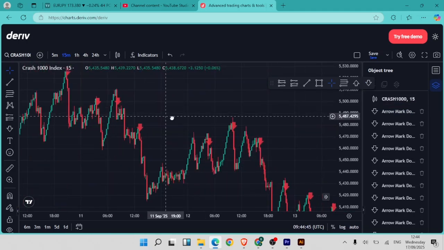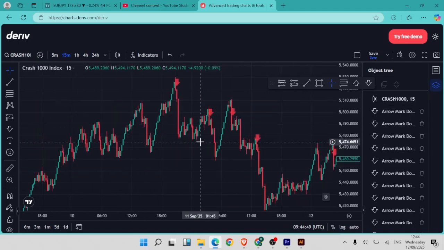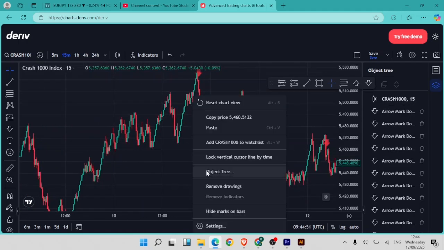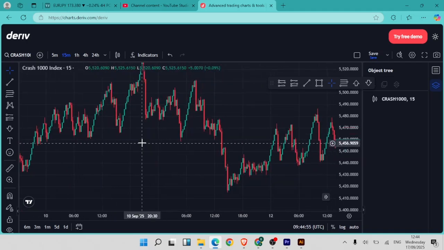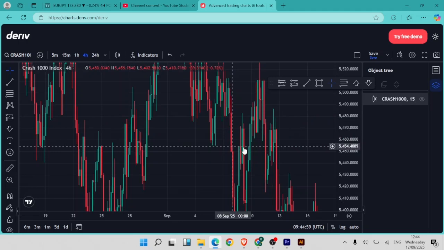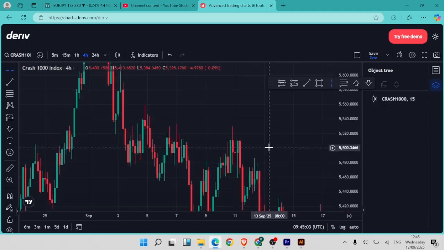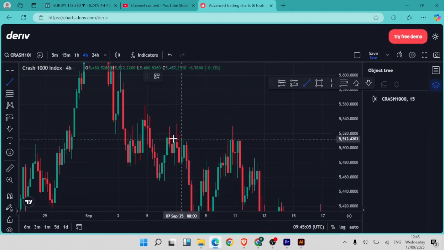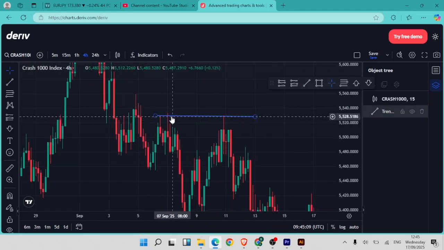Now I am not saying you just place any sell and buy. You can actually combine this with any other price action for technical analysis. For example, you can use support resistance. When you have a bearish engulfing or bullish engulfing coming off a support area or a resistance area, you want to place those sells. For example, this is a resistance,